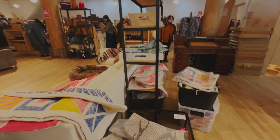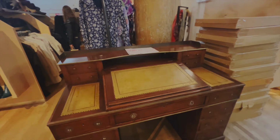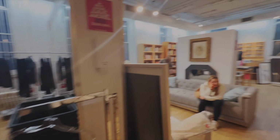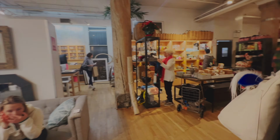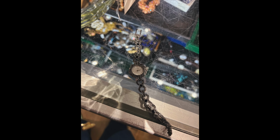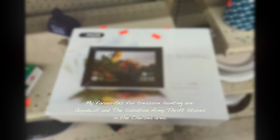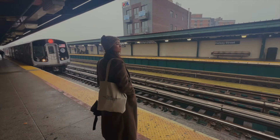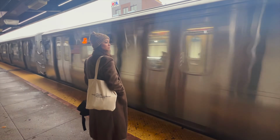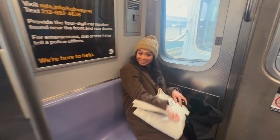Some great furniture has been sold. Look at this table right here. Vintage piece, so nice. It's also got some changing rooms, some great artwork. Love it. Great place to come and spend a few hours. The next stop is